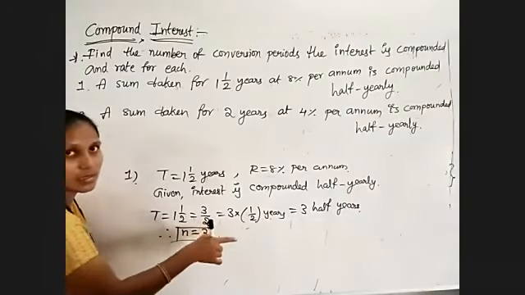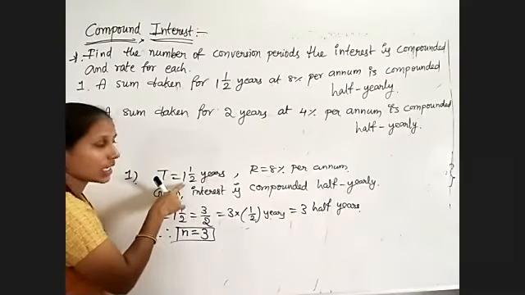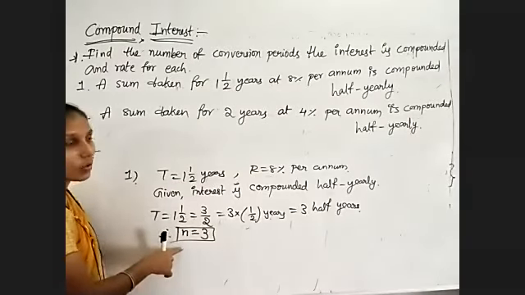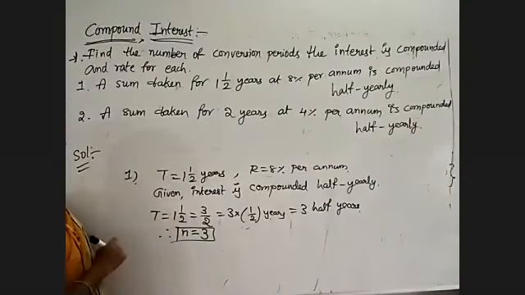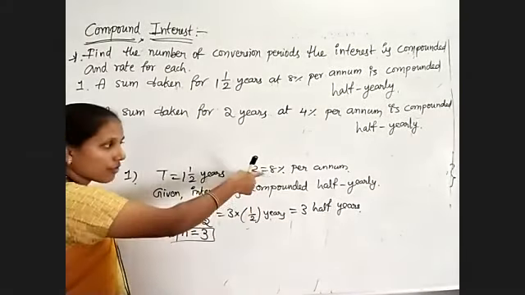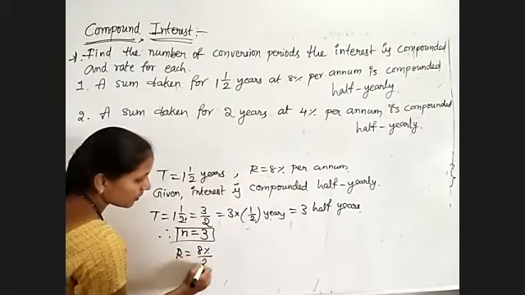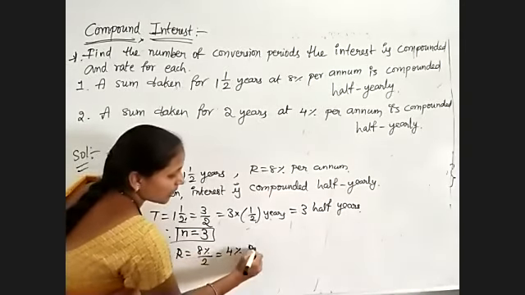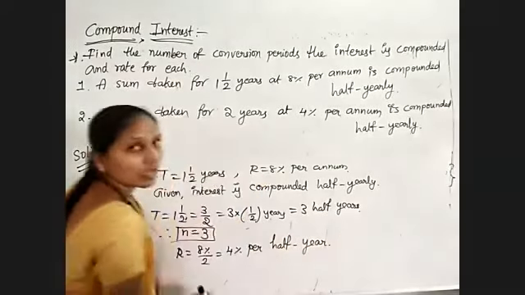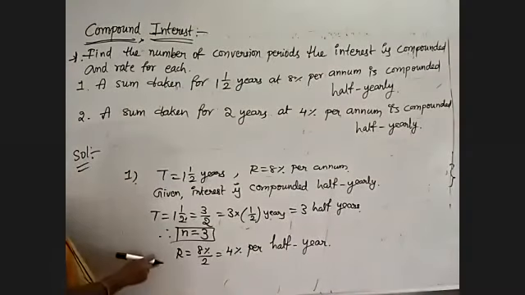3 half years. Okay. Amount is compounded half yearly. So there are 3 half years in 1.5 years. Okay. So that's why n is equal to 3. I hope you understood. And coming to rate of interest, per annum is given, but we must calculate the interest for half year. So half of this value, that is rate of interest will become 8% by 2, which is equal to 4% per half year. That's all. Instead of annum, we must take for half year. So these are the changed values for the first question.